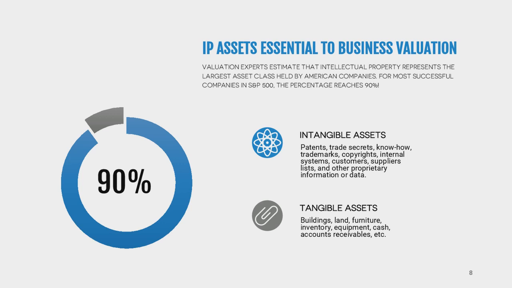Okay, so think about it. Google, a company that we all know, is worth about $400 billion. How much of that do you actually think goes into servers, equipment, land, buildings, office furniture? No, the majority of the value of Google is held in their IP assets. And so when you think about that, considering how much IP represents to their value, it's important for us and for you to understand how to create value in your business, especially understanding how IP can fit as part of your business plan. Next slide.